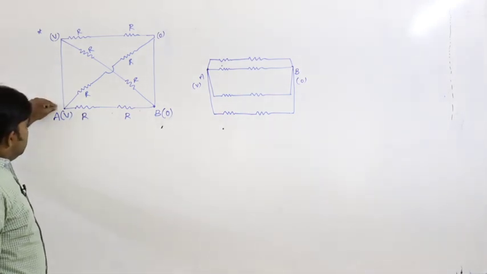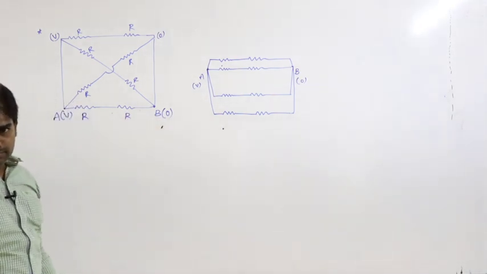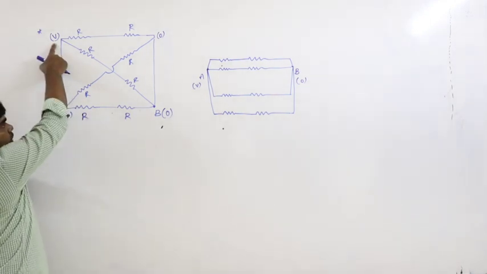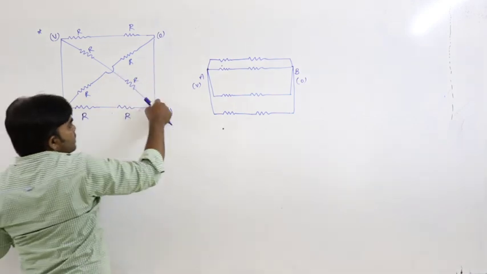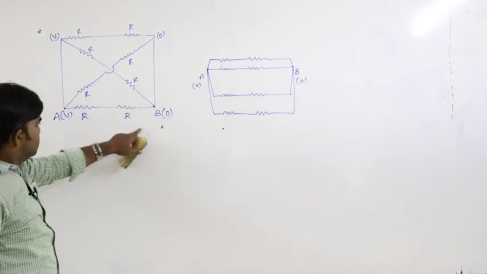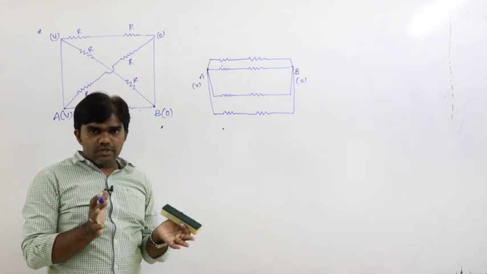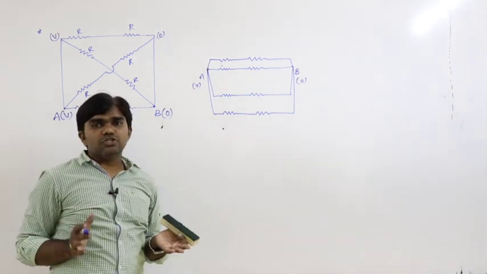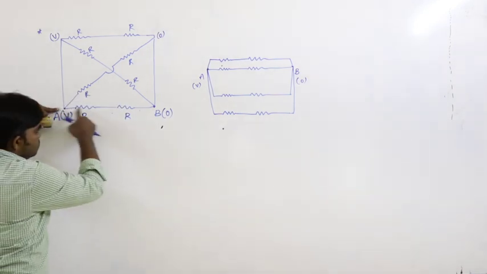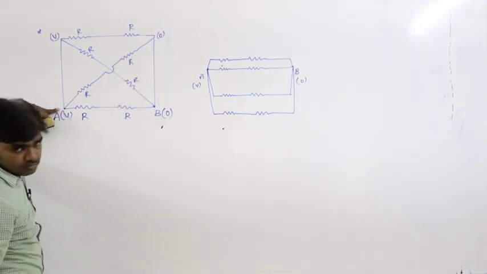So point A I am considering at potential V, point B we are considering at potential 0. High potential, low potential. Here there is no resistance, so this point is also at the same potential. And here also no resistance, this point is also at the same potential. V, 0 and V, 0. In any situation, if two conditions are at the same potential difference, those must be in parallel. See here, this is V, 0 and this is V, 0, that's why this line and this line both are in parallel.